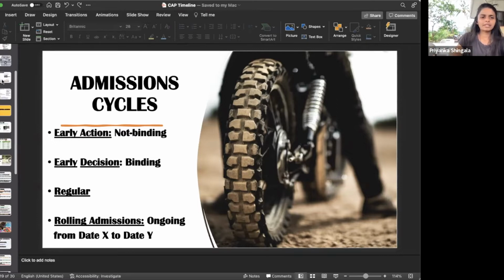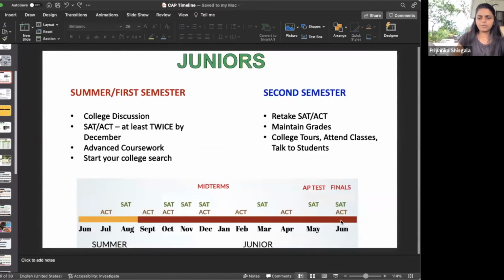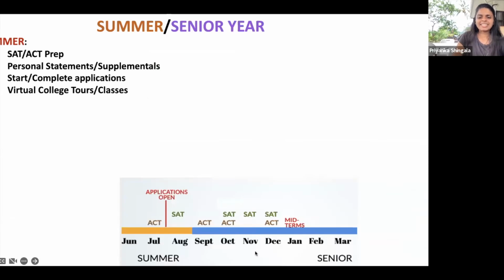So going back to the timeline now, those deadlines for early action and early decision tend to be November 1st and November 15th. It varies by university, but usually it's those two. And then some universities, because they still need more of the guaranteed tuition, aka the early decision, will have a second early decision cycle and early action, and that will usually be January.